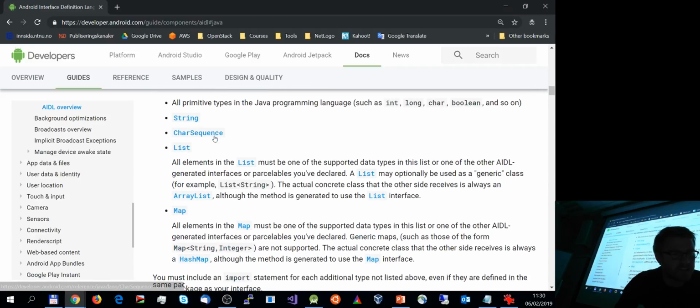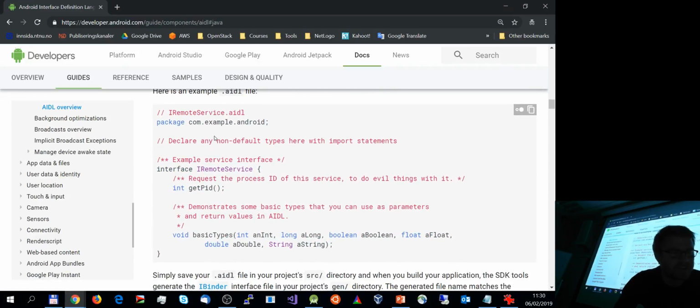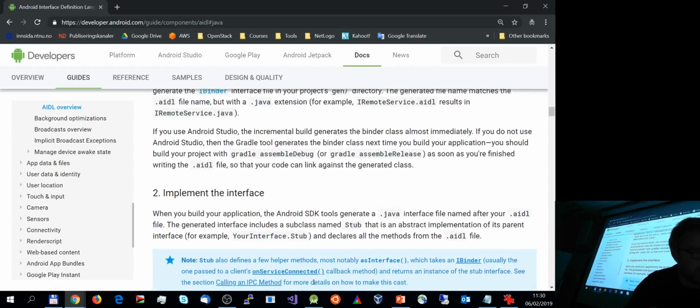But what I want to do now is just to briefly give you an intuition of how such interface files, the AIDL files, roughly look like. It really looks like a Java interface. So slightly different. It doesn't have the specification of access modifiers, because the assumption is that they are all, of course, public here. So, for example, you have a getPid, you have some basic types, and you have a set of parameters that are typed according to allowed types supported by the AIDL. AIDL, I will never get that right.